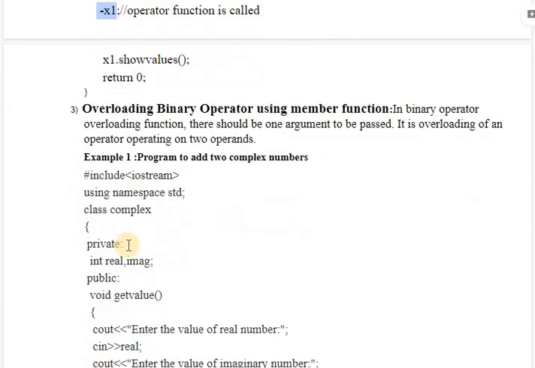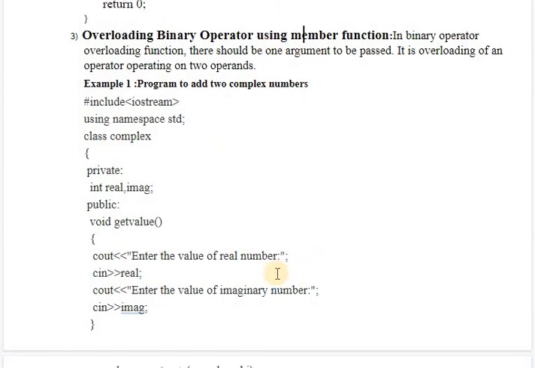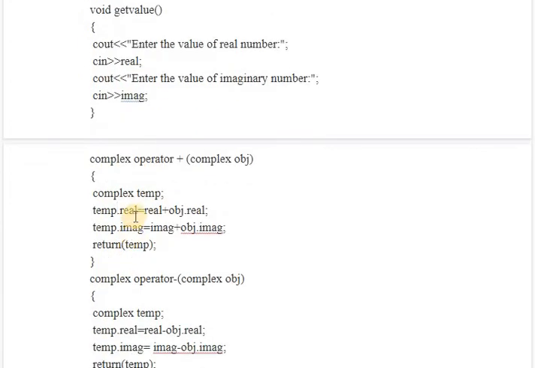Next is the binary overloading using member function. When we have a binary operator, that is plus, it requires two arguments, two operands. And if we define it as a member function, then we will pass one object as argument in case of member function. So how it will work, we have to take third variable also, which will be of same type, to store the values of the object, because if we are adding two objects, we need third object also to store the addition. So temp is the third object here. Temp.real contains real plus object.real, and the temp imaginary contains temp image plus object.image.